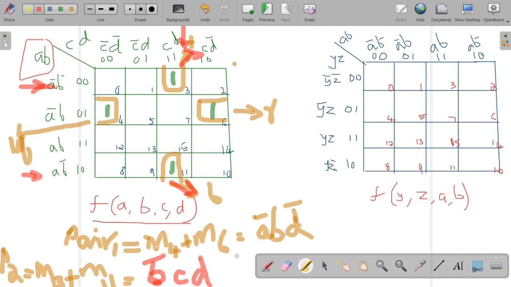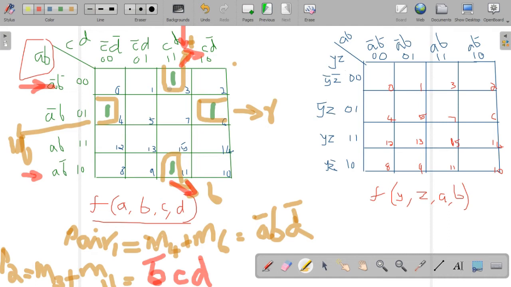So how can we write? Which one is changing here? A dash is changing in these two, so we have to write B dash, and the column is CD. So we got the pair as B dash CD. So this is the way of rolling the map. You see in the pairs how we have done.